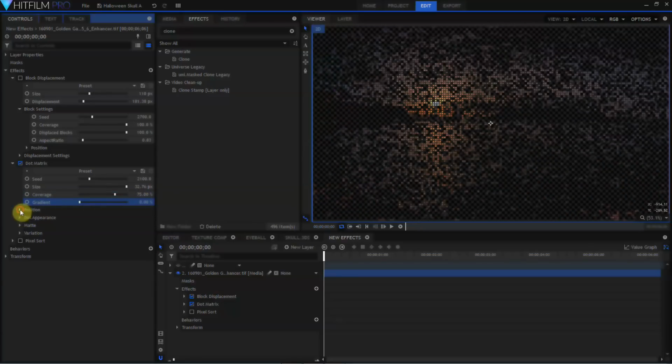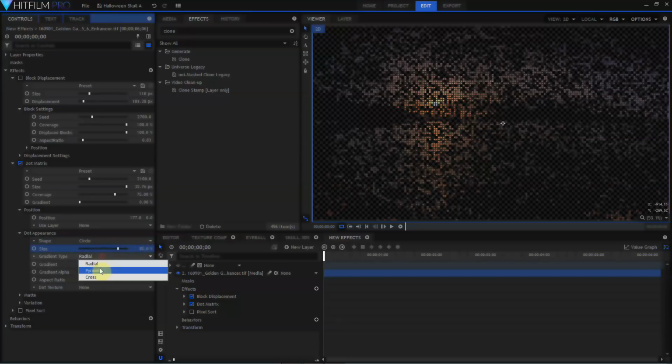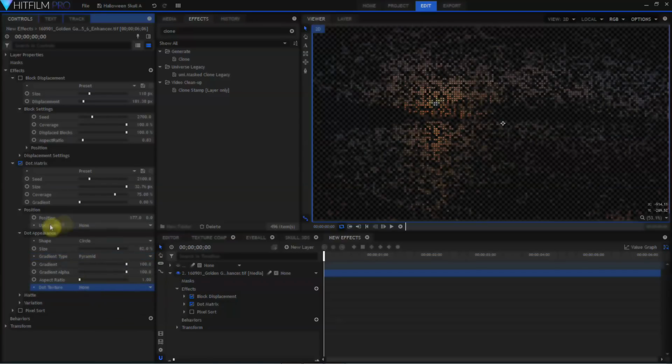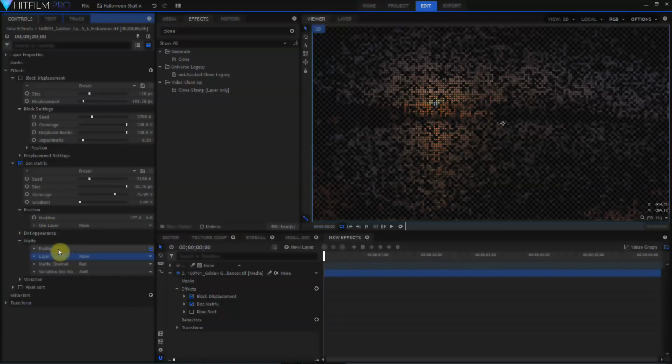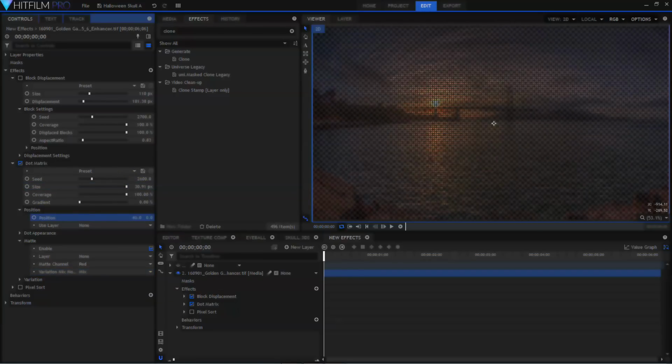Breaks your image up into, well, dots. And then there's just a whole bunch of things that you can do. Oh, really? Hey, I didn't even know I could do that. There's just a whole bunch of ways of tweaking the appearance of this. I haven't really played with this dot matrix effect as much as I should have, but just looking at it, what kinds of things could we do with that? Okay.